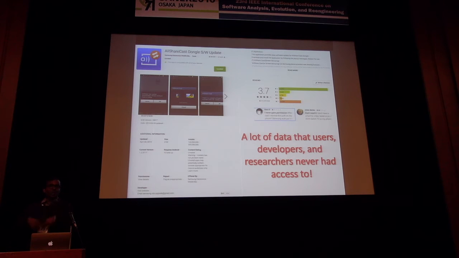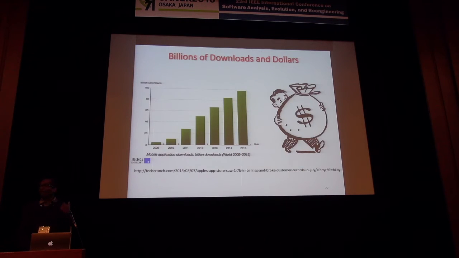In the past, you had bug reporting software. There is no way a user is going to go into Bugzilla or Jira and report a bug for a mobile application, right? By giving these simple tools to give feedback, now developers know what features to build, what bugs to fix, what problems are there. And of course, finally, there's a lot of money involved as well. It's worth billions of dollars, and a billion people are now using it, so the impact that you can have is a lot.